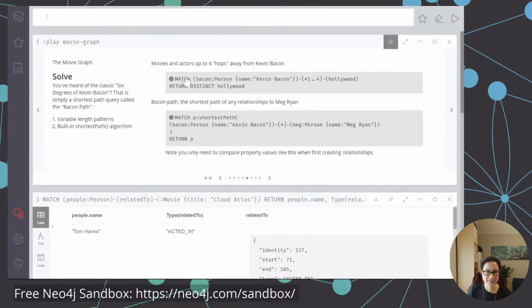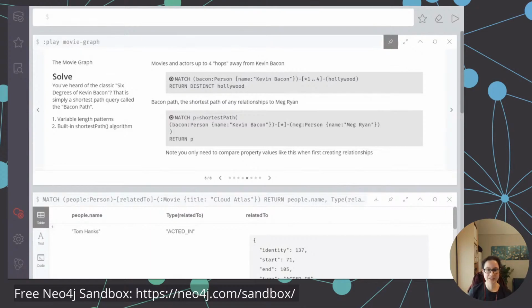Okay, so let's have a look. So we are doing here, we recognize this stuff. We're matching a person node. We're going to give it a variable of bacon. And we're interested in the property where name is Kevin Bacon. Okay, that's good so far. We know that. We're looking for some nodes. We don't know what it is, and we're going to give it a variable name of Hollywood. That's fine. We can do that. So we've got some new stuff going on in the middle. And this new stuff here is